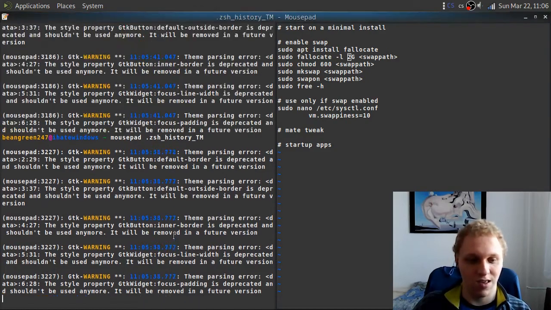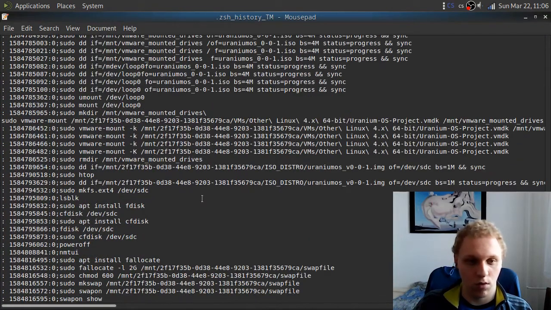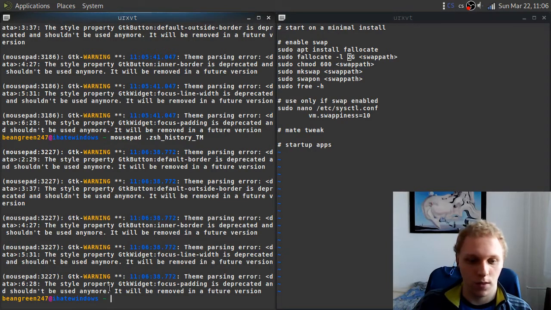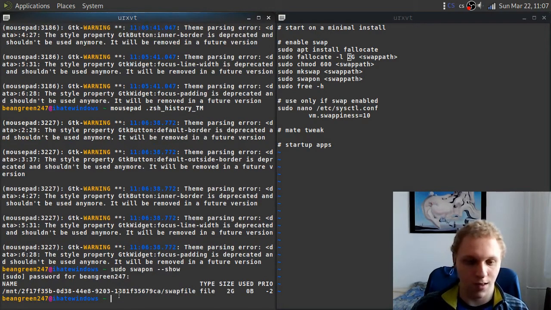I actually forgot. Let me have a look again. Swapon show. Okay, sudo swapon show. Let me just copy that. So it's sudo swapon, I believe, show, like that. And you can see that now this is not fully written out, but let me just